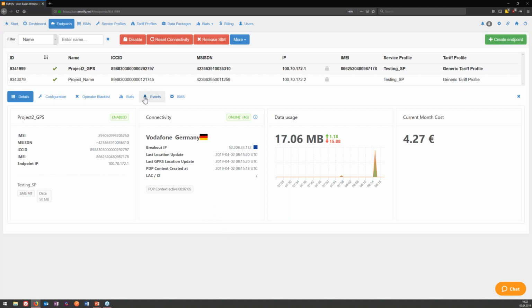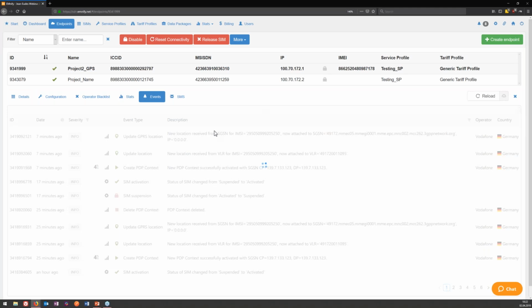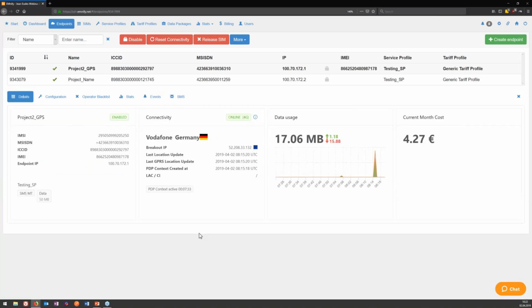And you will also see in the events that the device has just created a PDP context, which means the device just got online. Create PDP context is right here. Update location, we know to which provider the device is connected, Vodafone in Germany, and several other information available here. That's about it regarding how to get your device online using an